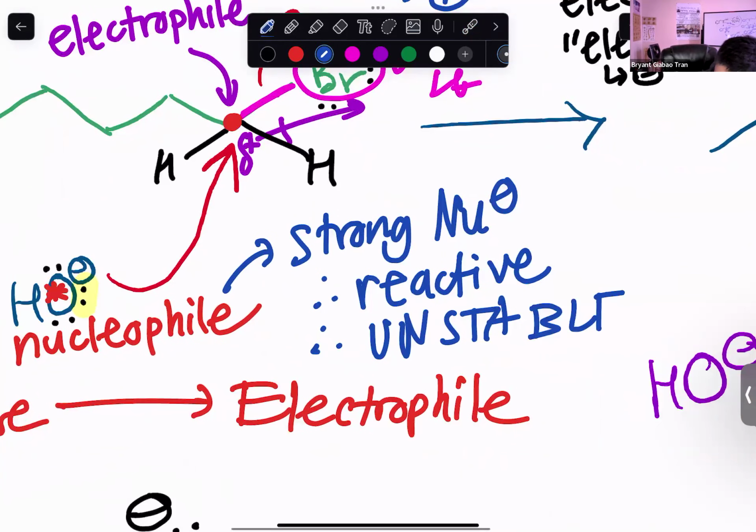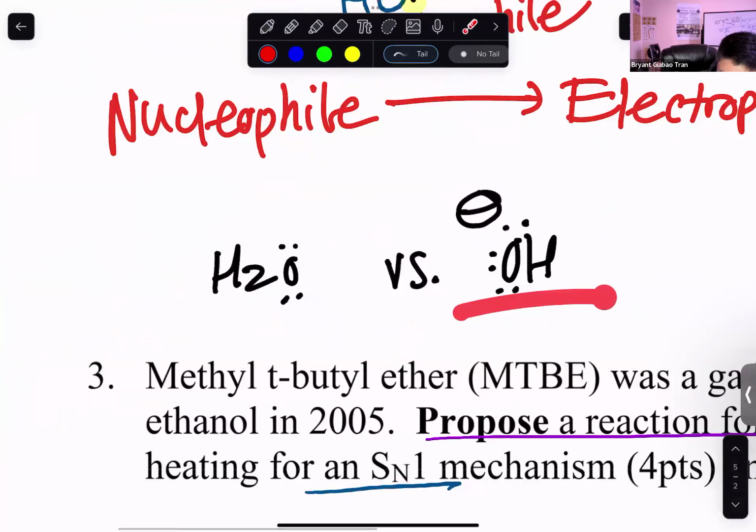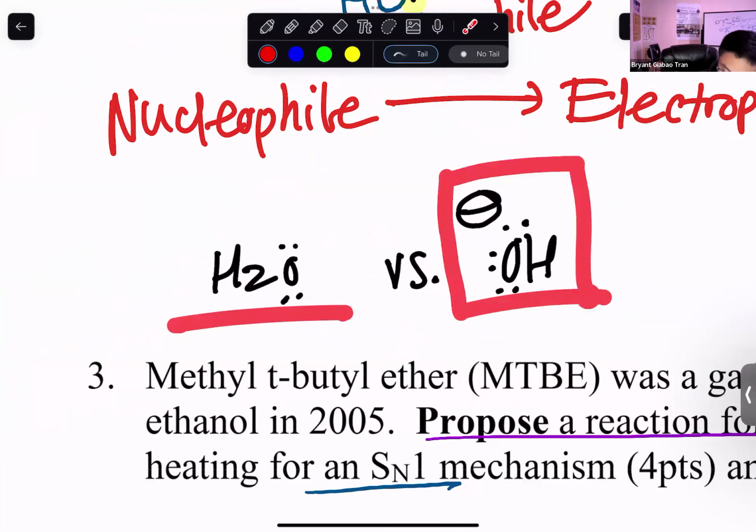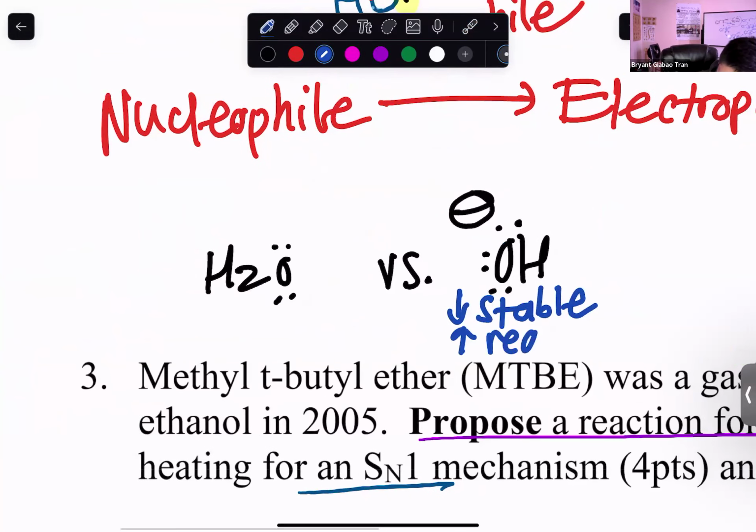And we learned that something with a formal charge is less stable than something that is neutral. So this OH minus here with a full negative charge of 1 is less stable than this neutral water molecule here. And because this is less stable, it is more reactive, right? Less stable, making it more reactive, making this stronger